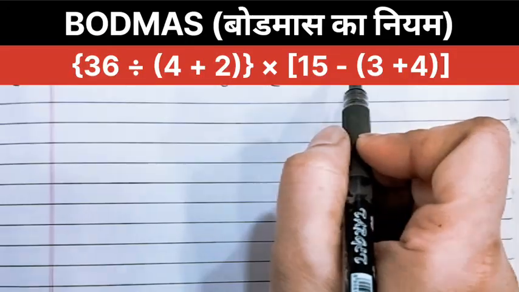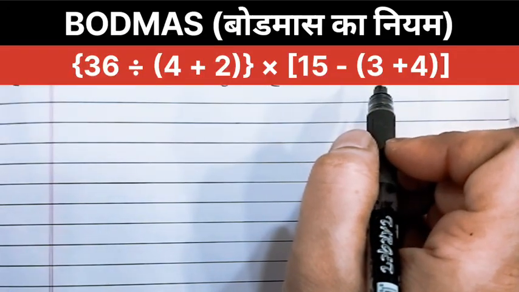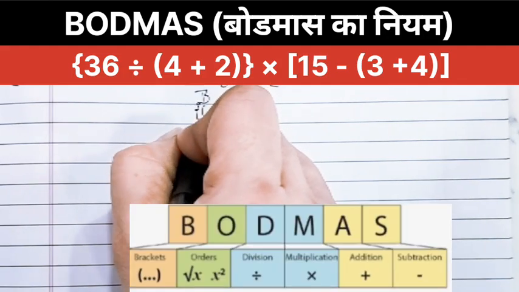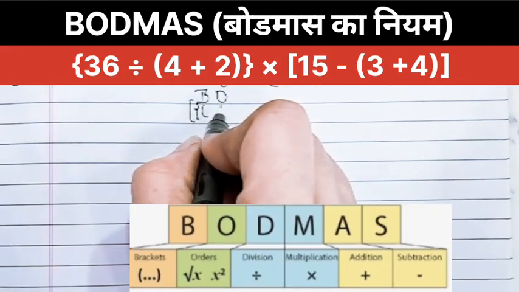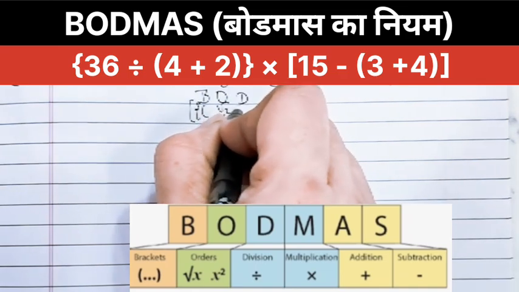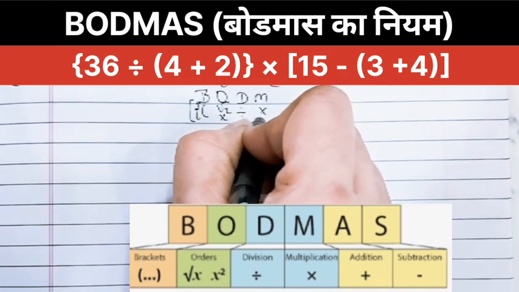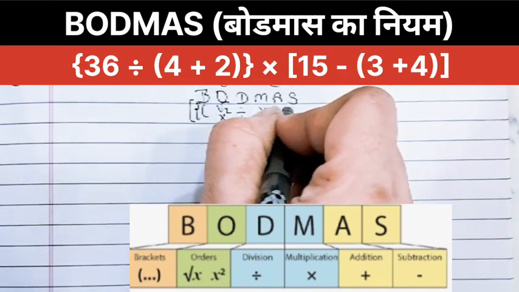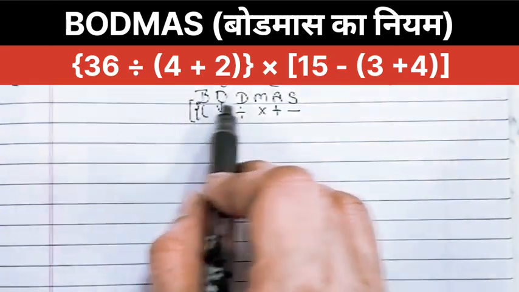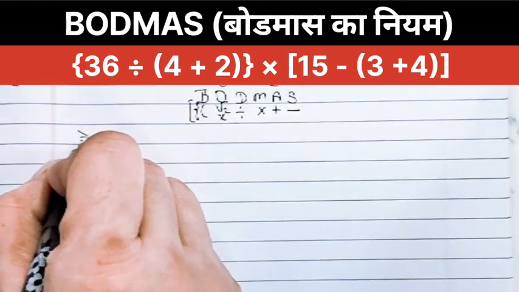Hello friends, now to solve this expression we follow the BODMAS rule, which dictates the order of operation. First we solve brackets: small bracket, curly bracket, then square bracket. O stands for of, which we convert into multiplication, and we solve roots and exponents. D stands for division, M stands for multiplication, A stands for addition, S stands for subtraction. According to this BODMAS sequence, we'll break down this expression with a step-by-step solution.